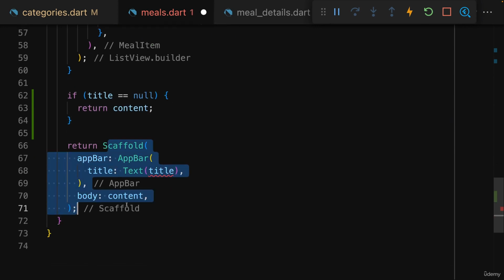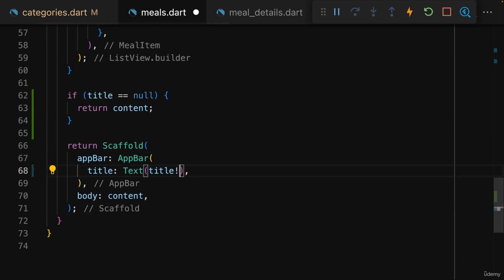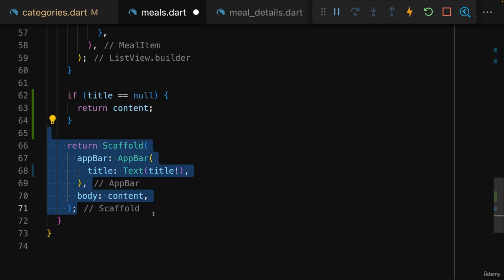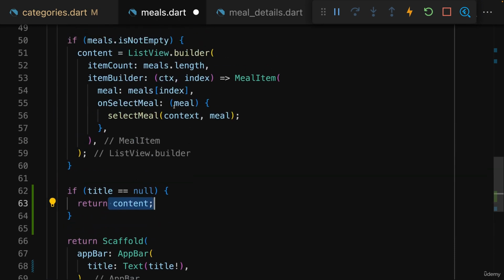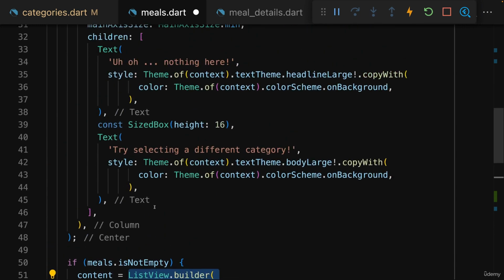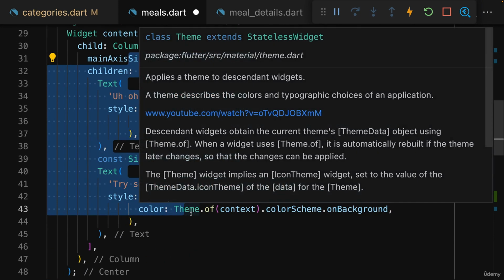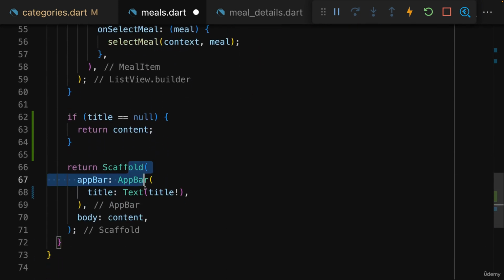Otherwise, we return the scaffold that uses the title, and here we can add an exclamation mark because we know that if we reach this code and it gets executed, title will not be null, because if it would be null, we would return here. And as you learned, once you return, any other code thereafter won't be executed. So we either return content, which is simply our list or this fallback text here,